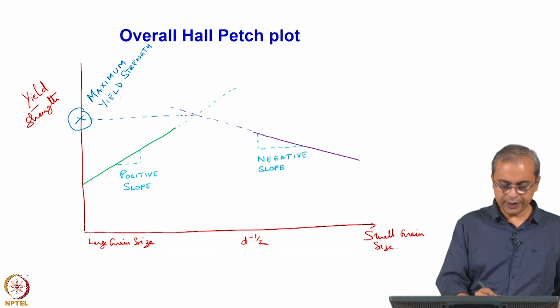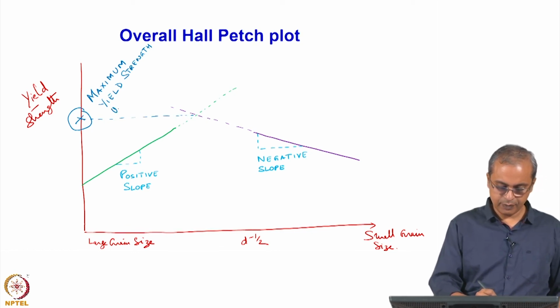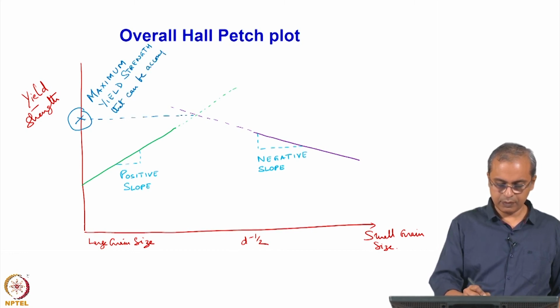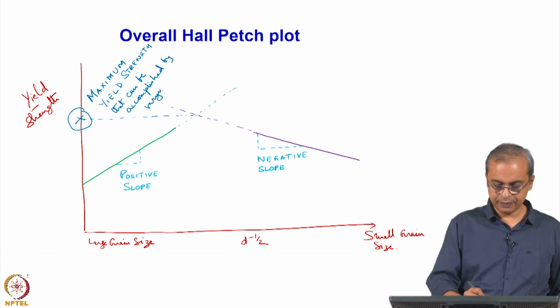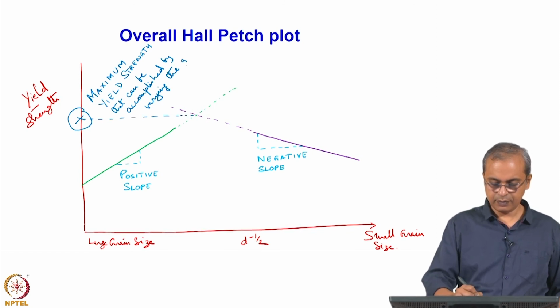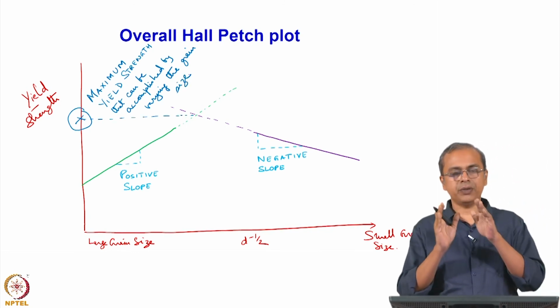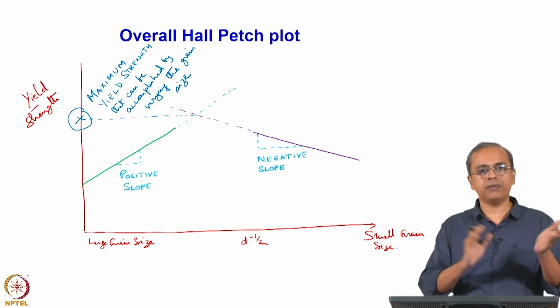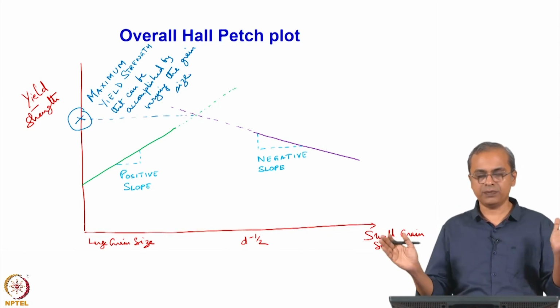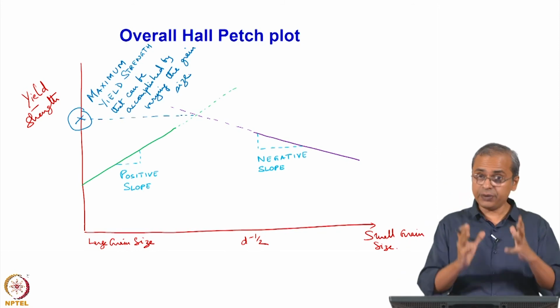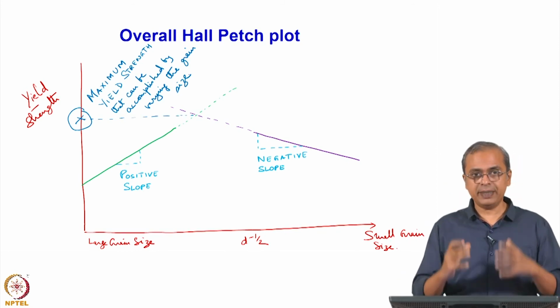That you can accomplish by varying the grain size. So, there is a certain maximum strength that you can accomplish by varying the grain size. On either side of it the strength of that material is going to decrease. So, this is some very useful information to have as a material scientist who is trying